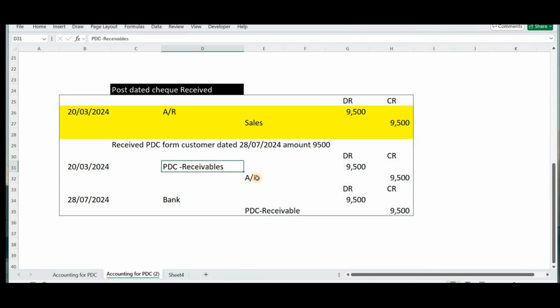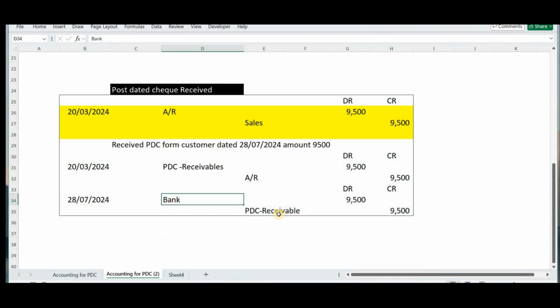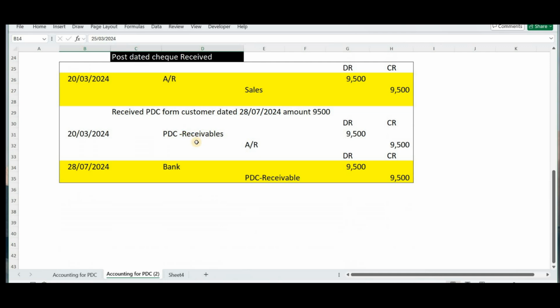PDC receivable is debit and account receivable is credit. Here you can see that at the time when the check is matured, you will debit your bank account and credit account receivable. So this is how you can deal with PDCs by PDC issued account and PDC received account.